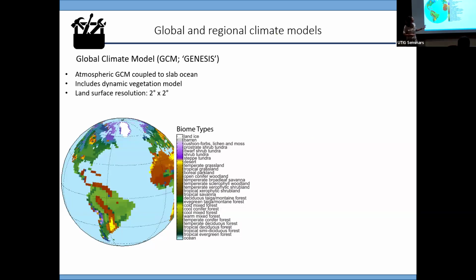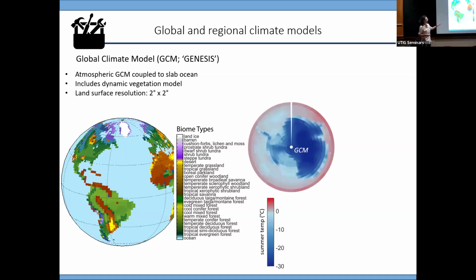And the way I do that is usually starting with a global climate model or a GCM. So I start with, say, a set boundary condition like CO2. This climate model has an atmospheric component, an oceanic component. It's got dynamic vegetation, which is pretty cool. So this is a modern GCM run, and it shows all of the vegetation that arises in this model. But it's quite coarse resolution.